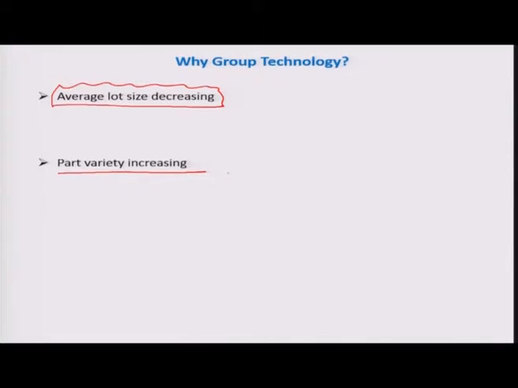Take the example of a mobile phone: every year the manufacturer has to design a new mobile phone with a design slightly different from the previous one. This is the most challenging task, and also a pressure on industry.